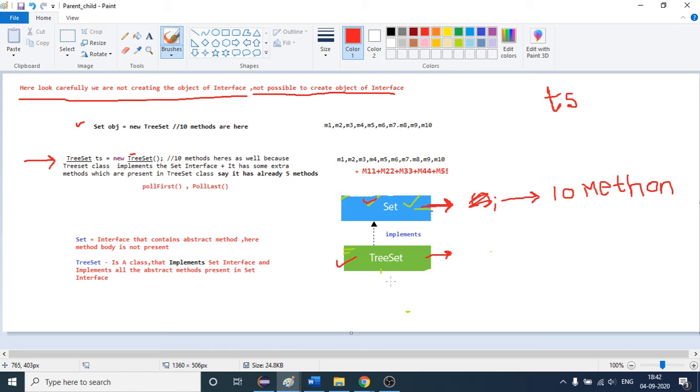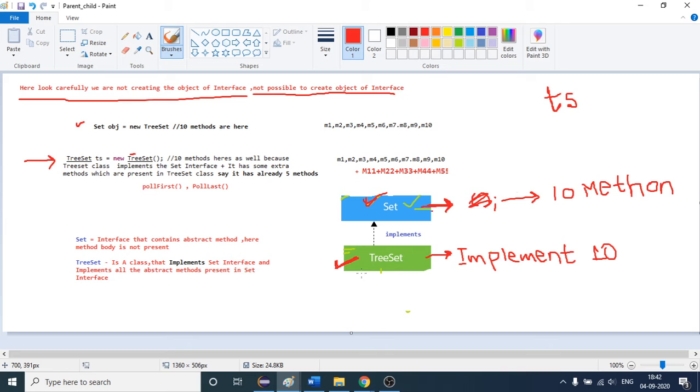So if this class TreeSet implements this interface, it is mandatory for the TreeSet class to implement all the 10 methods present in it. It will surely implement 10 methods. So this class will have 10 methods as well, but the functioning of these methods will be defined here.